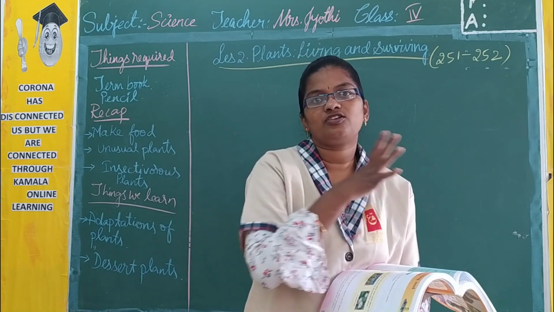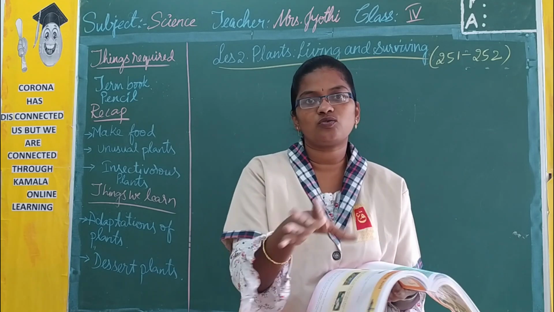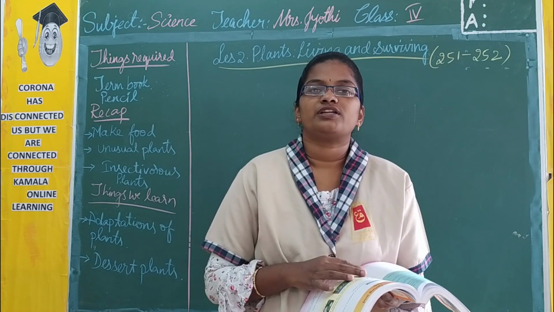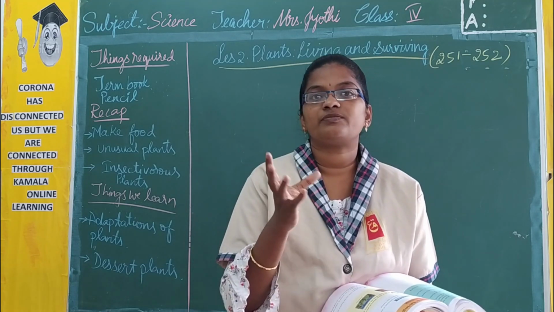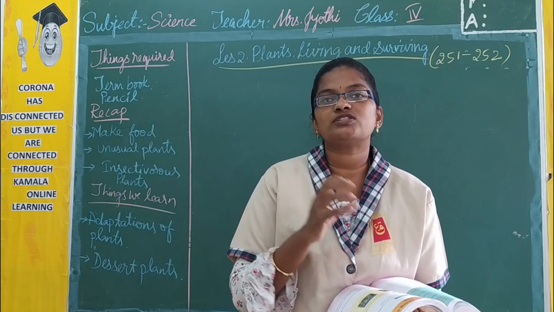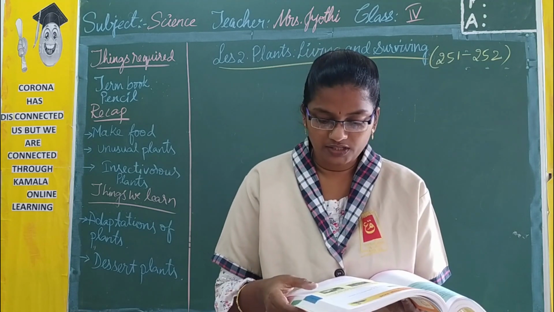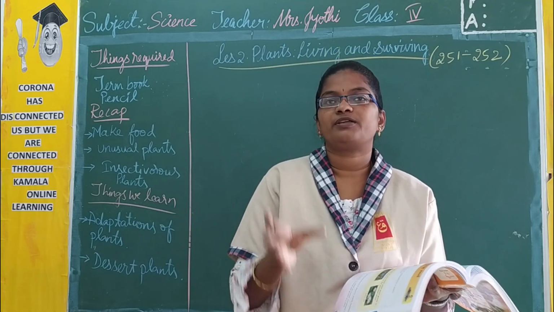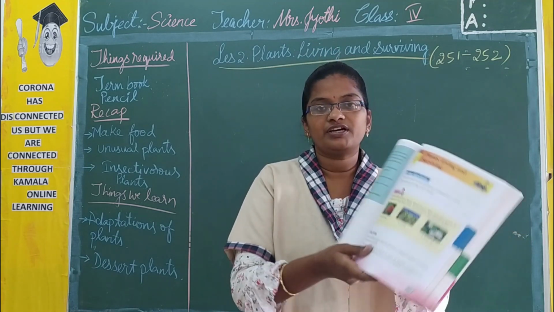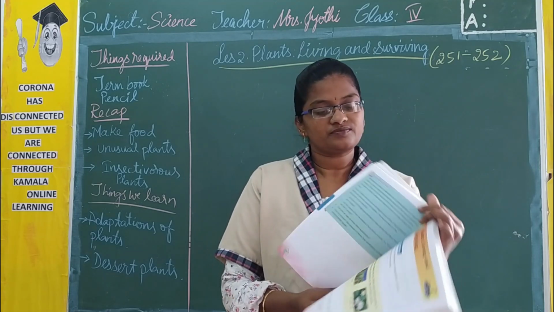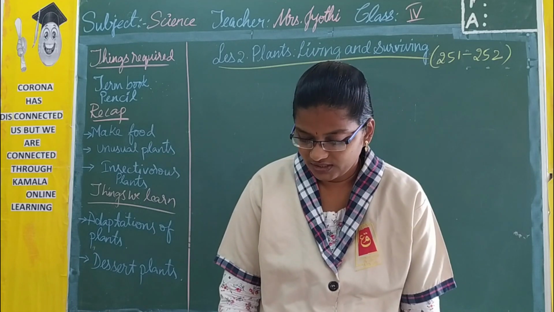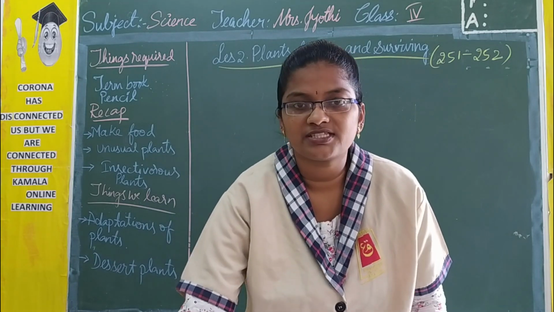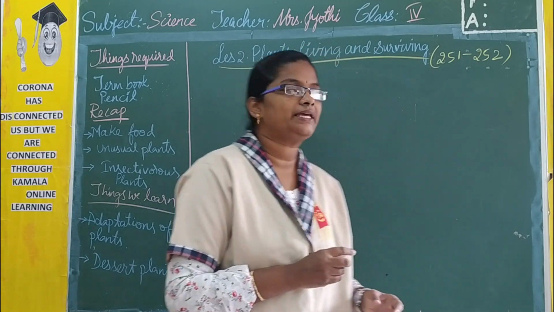Plains means normal conditions, like the kind of soil we have. And desert areas are where there is less water and the soil is loose, it cannot hold that much water. And the next is water, the plants which live in water. Now here three pictures are there, isn't it? The first one is rose. So where does the rose grow? It grows in plains. So in the given blank you write down plains.